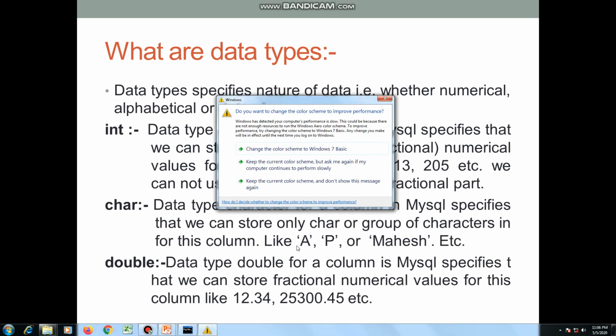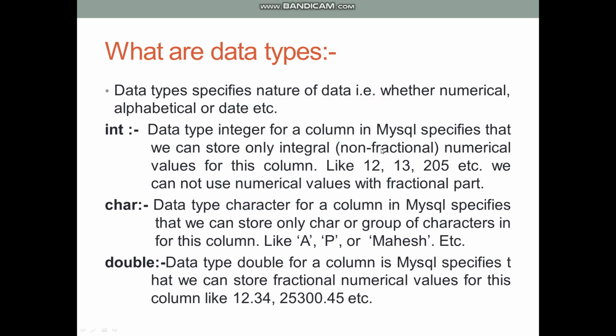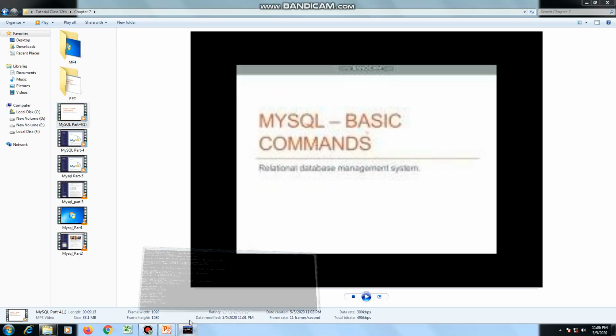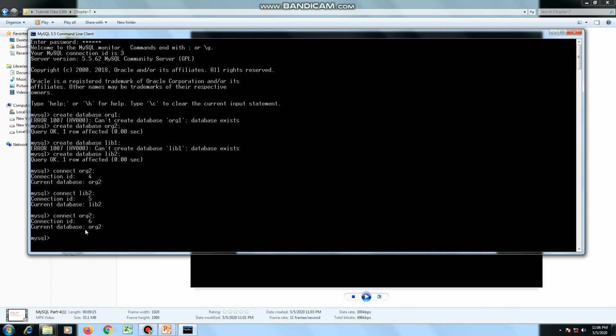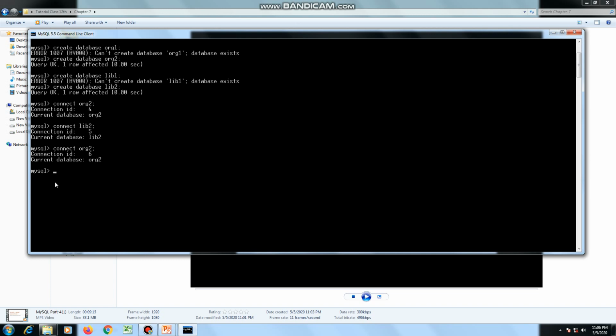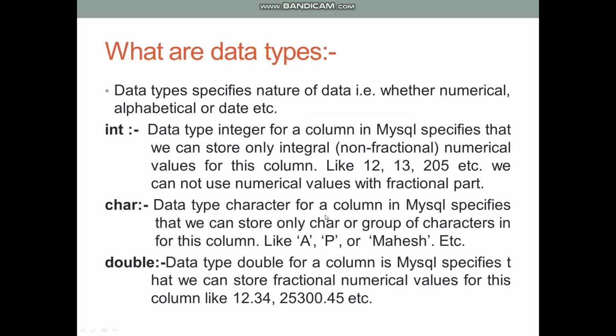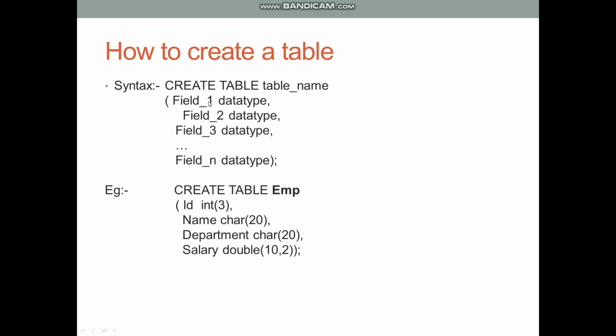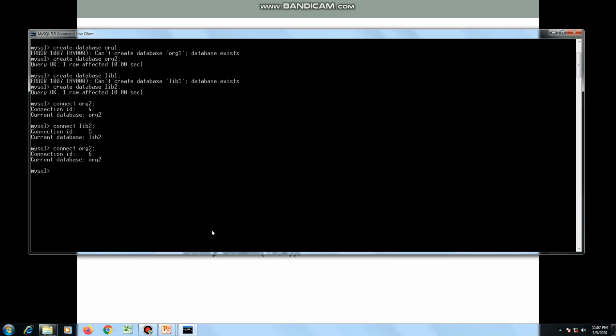So now we will have a live demo how to create a table in MySQL database management system. So we will start our command prompt here, and here we are with SQL prompt. As we know, the syntax for creating a new table is create table and then field names and data types, field name 2 and data type, and so on. In this way we can create an employee table. So the live demo is here. Create table, which is part of syntax.